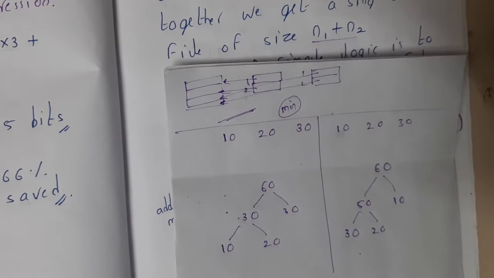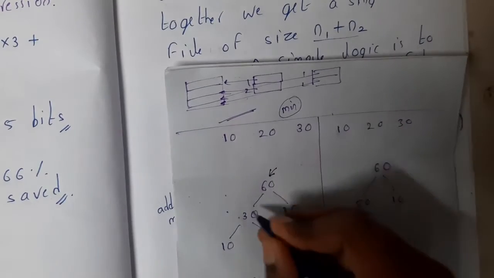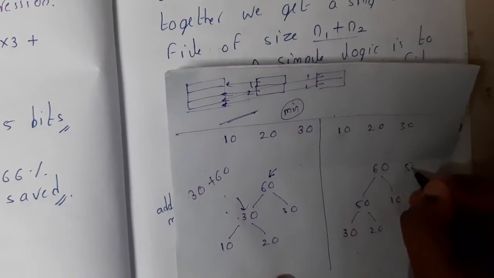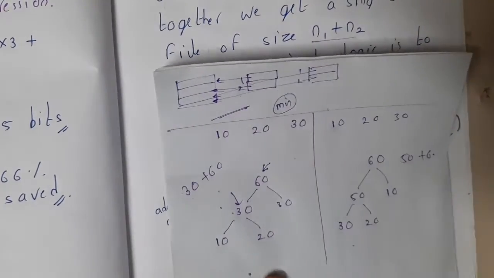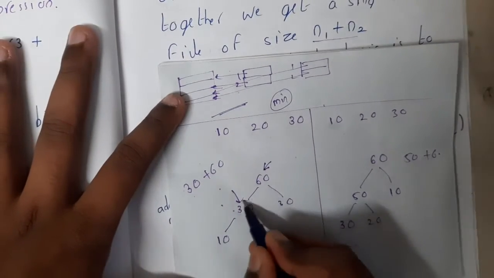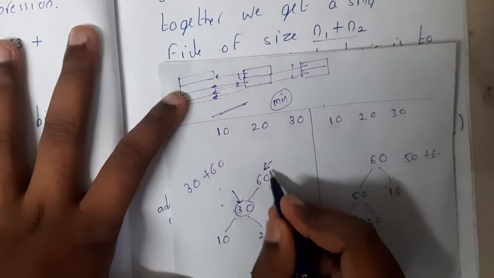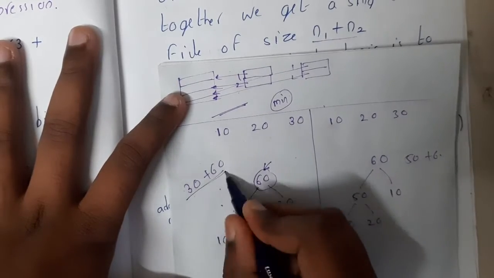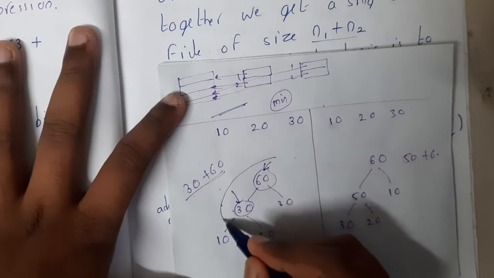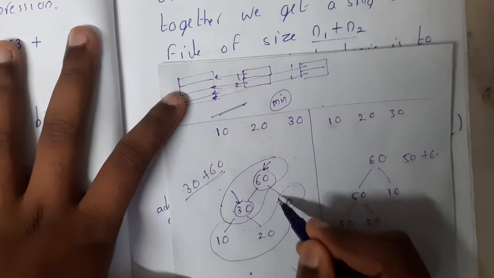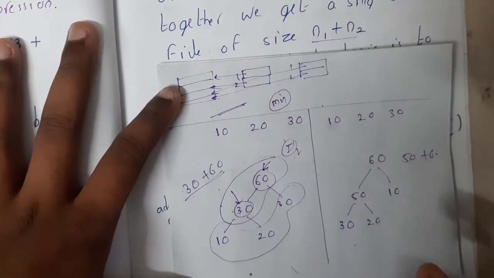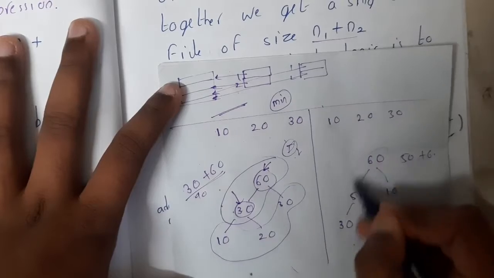You are absolutely wrong, guys. It is not 60. It is 30 plus 60. Similarly here, 50 plus 60. In simple words, for combining these two, you took 30 steps, right? So 30 will be added, and to combine 30 and 30 to get 60, you took 60 steps. So it will be 30 plus 60. If you are still confused, just count the total of the internal nodes, guys. Avoid the leaf nodes and add the internal nodes. That's it. An internal node is one which has a minimum of 1 child. So here the result is 90 and here the result is 110.